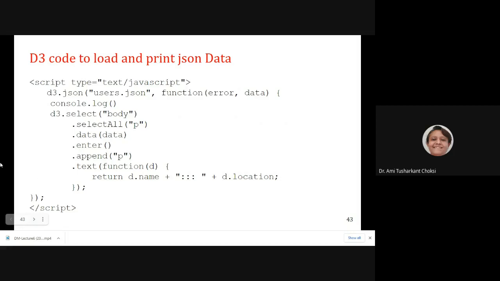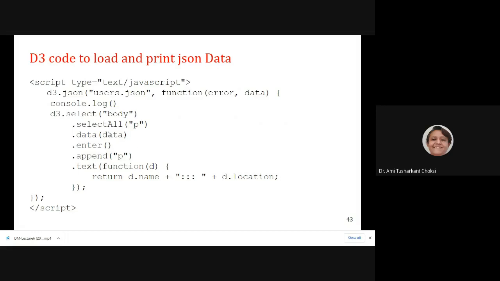Fine. So first of all, console.log. After that, where we want to give the output, that is to the body tag. So we are writing d3.select and body tag. Now what we are doing is selectAll p tags. Is a p tag available here? No, it is not there. We'll append that.